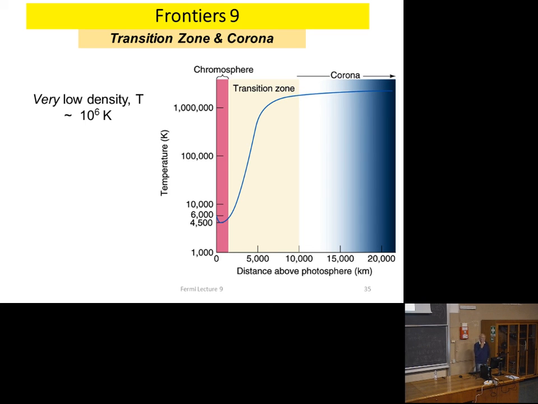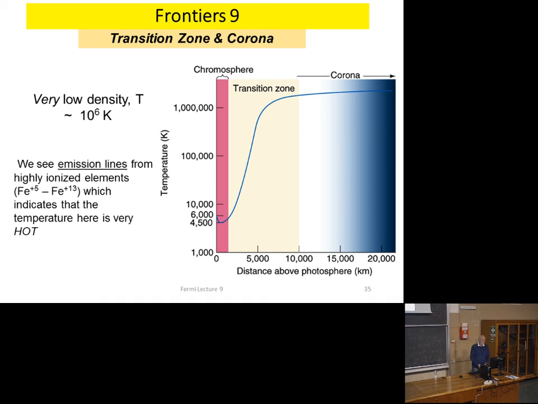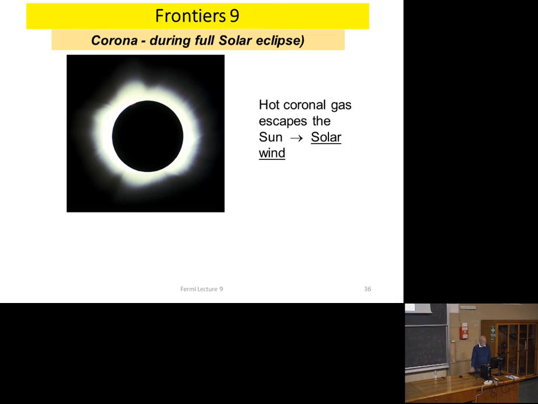It's very low density. The temperature is something like 10 to the 6, a million degrees Kelvin. This is the temperatures, by the way, all the way into the distance, all the way from the beginning into the core. And we see that the emission lines from heavy elements like iron indicate that the temperature in this zone is very, very hot. The corona, which is the outside, and everybody's seen something about the corona, again,